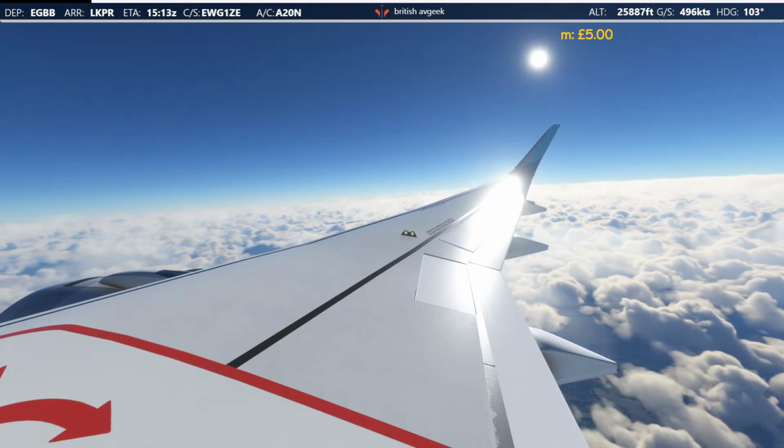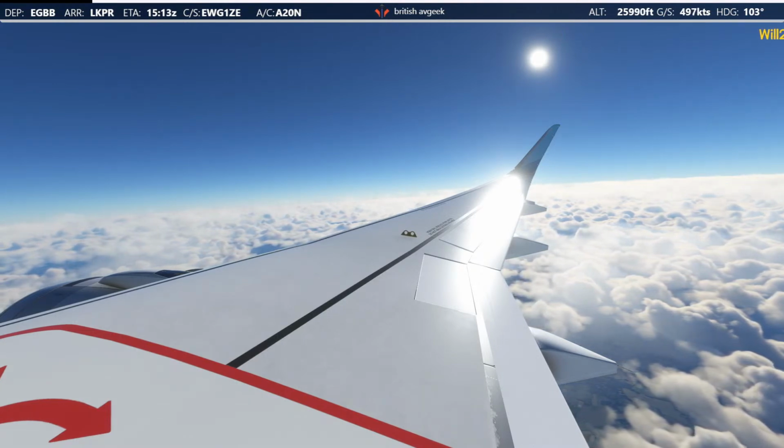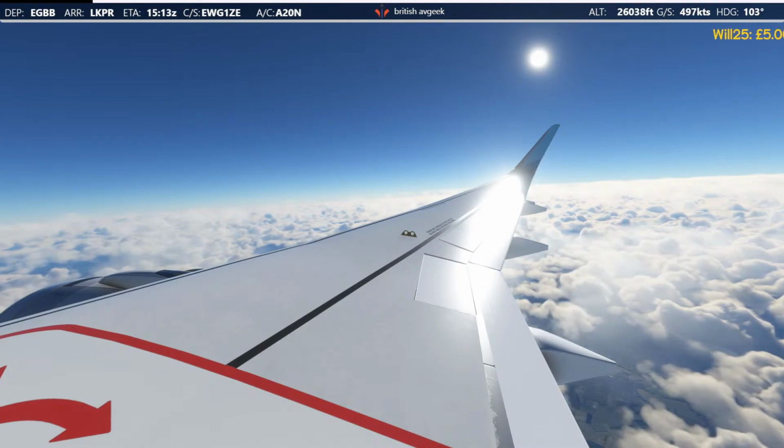Still not taken off in the Twotter yet. Good grief. What's the delay? It's such a good aeroplane. I'm really enjoying it. I know it's got its